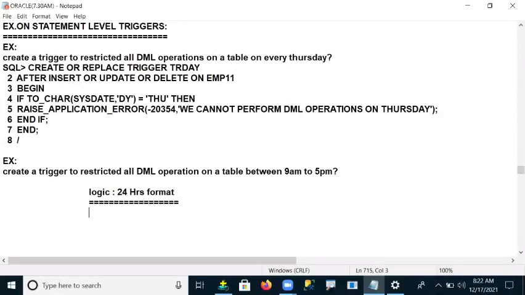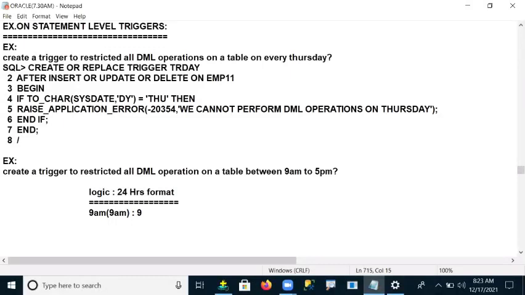In the 24-hour default format, 9 a.m. is also 9 only. Yes or no? That we know. And when does the 9 o'clock start and when does it end? That we want to know.